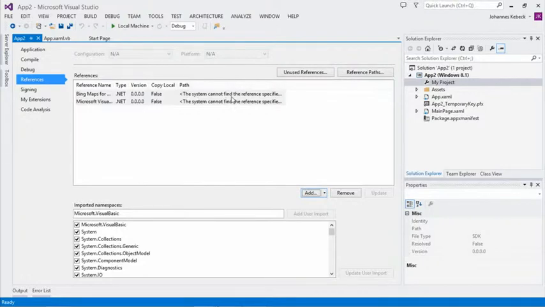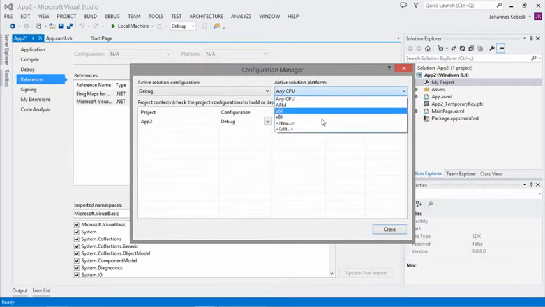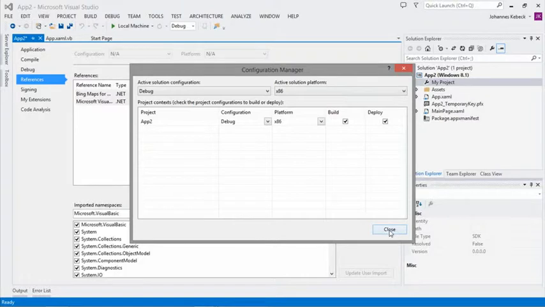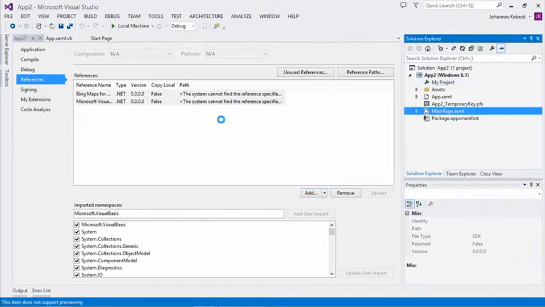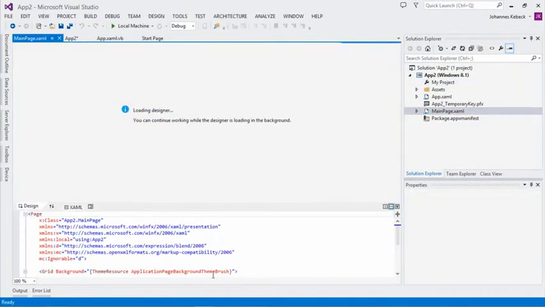So you see that the path is currently not found. That is because we need to compile for every processor architecture individually. I changed this now initially to x86, and then you will see that the path resolves just fine. The next step is that we drop a couple of components here into our